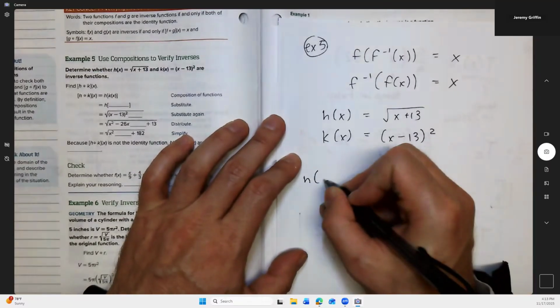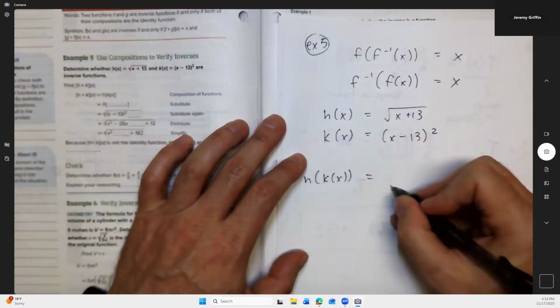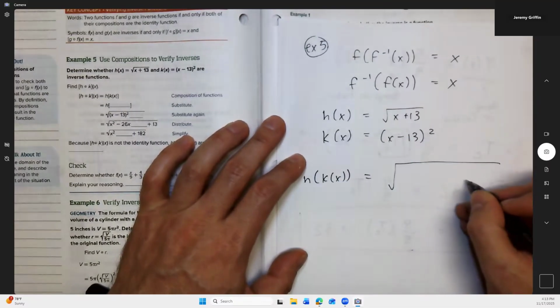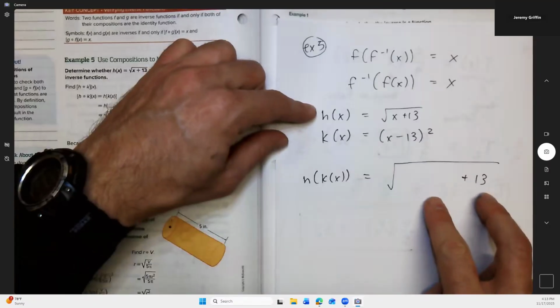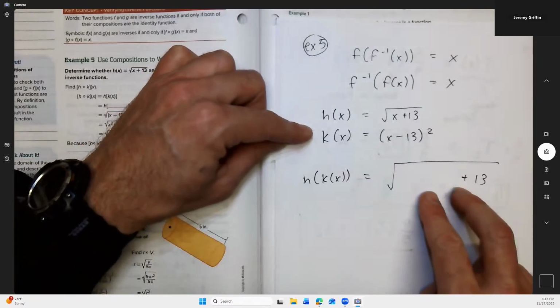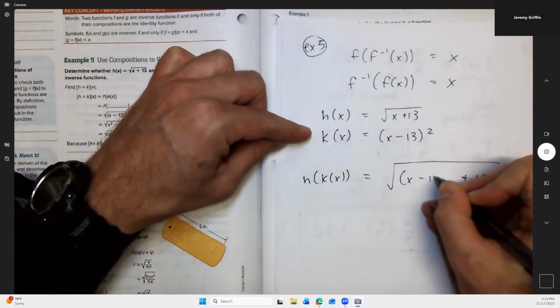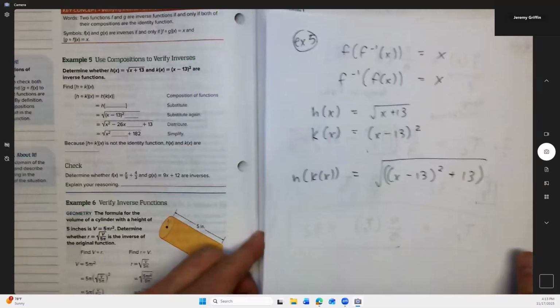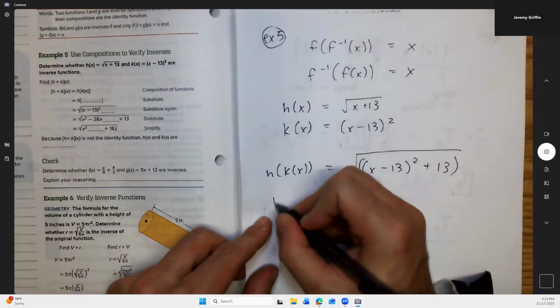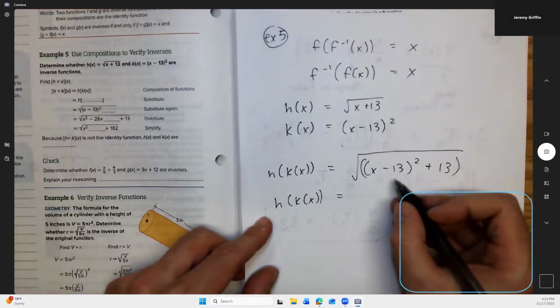So what's h of k of x? Maybe I'll start with that one. So h of something is the square root of that something plus 13. That's like the model for h of something: square root of something plus 13. Now, the something in this case is not x anymore. It's k of x, and k of x is (x minus 13) quantity squared. So now that's what fits under, and it takes that space. So h of k of x then is,